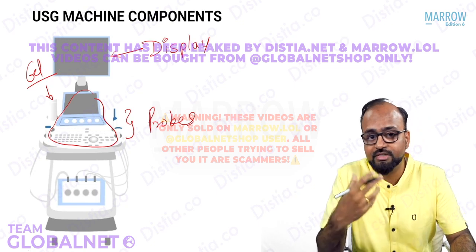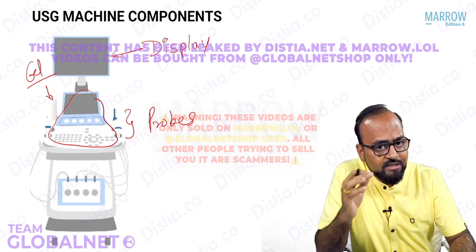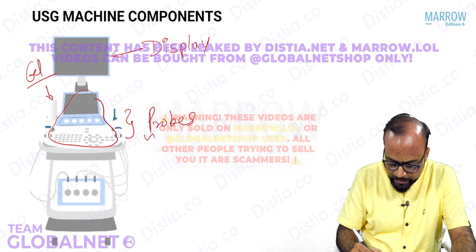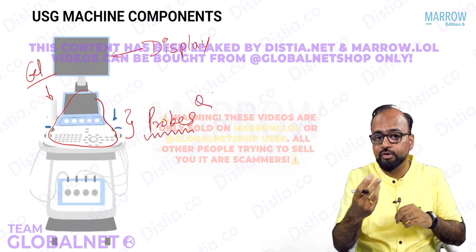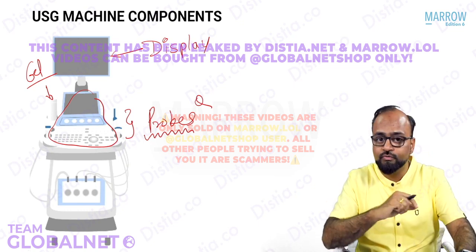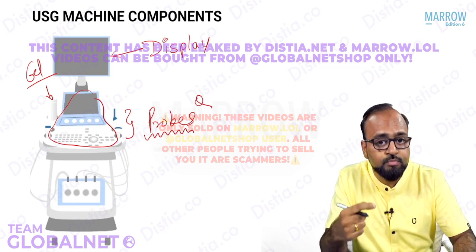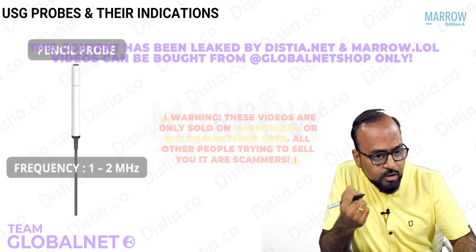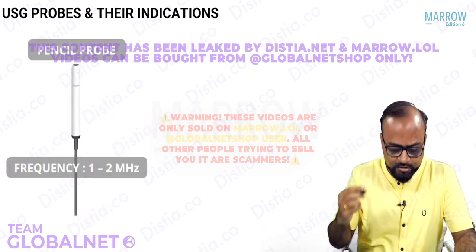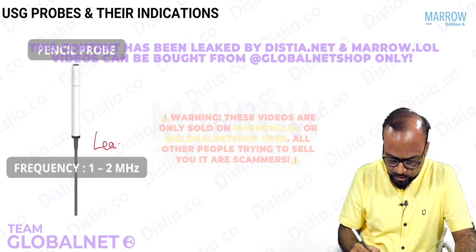We'll discuss this when we discuss ultrasound image interpretation. At this point, let us discuss quickly what are the various probes which are used. It is this probe that the radiologist is going to hold and use for scanning. So various probes are used for different scan purposes, right? The probe with the least frequency, right? So least frequency probe